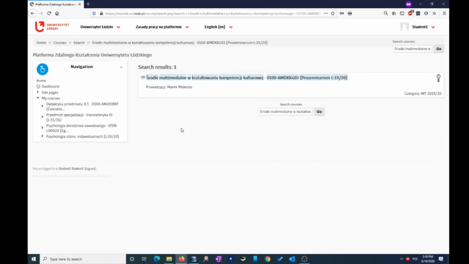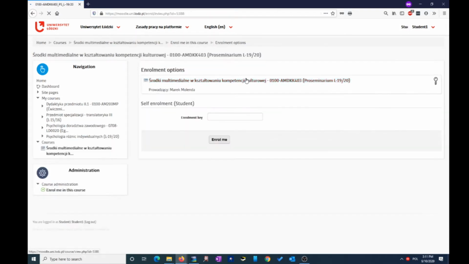The first thing is the name of the tutor, of the teacher, okay? And then you have L or Z letters, which mean L, the summer semester, from the Polish word lato, and Z, the winter semester, from the Polish word zima. So those are the letters which will tell you which semester it is, plus of course you can find the year here. Now I have only one, as I said, so I'm going to click on it,